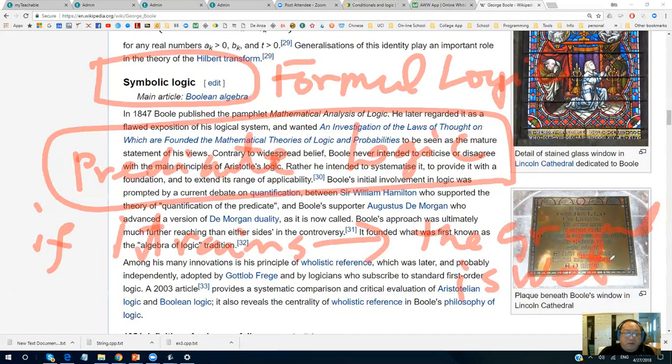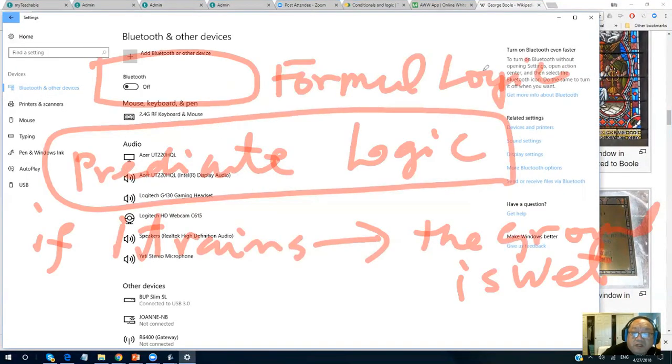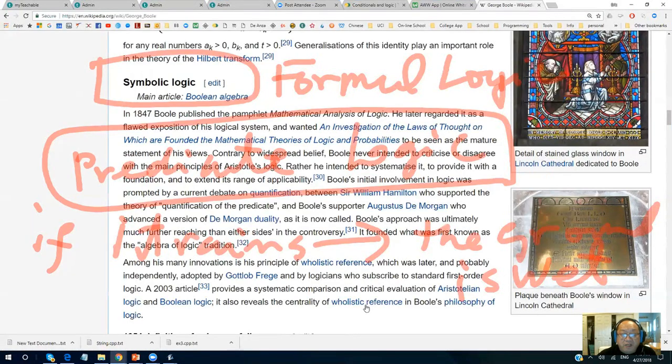So if this is a valid logic statement, then if the ground is wet, did it actually rain? No. Maybe someone spilled some water on the ground. Raining is one cause that makes the ground wet, but if the ground is wet, you cannot conclude that the only reason is rain. So it doesn't go the opposite way.